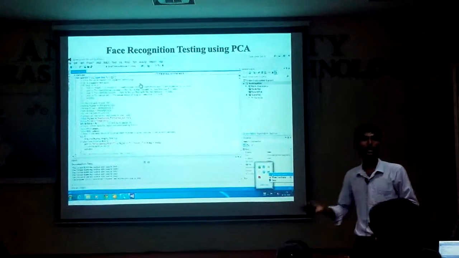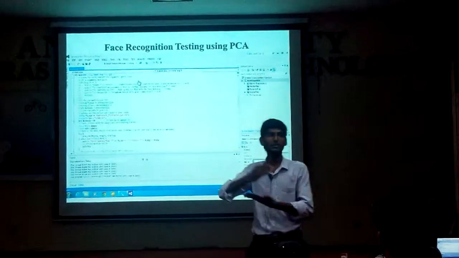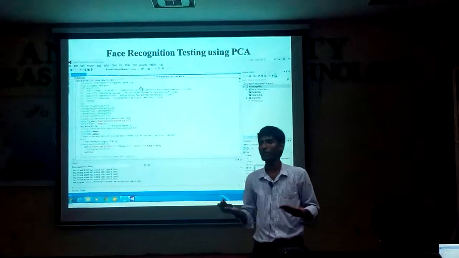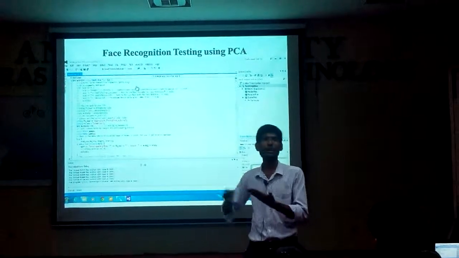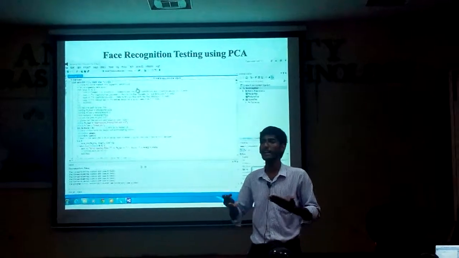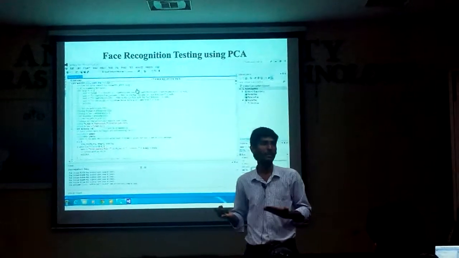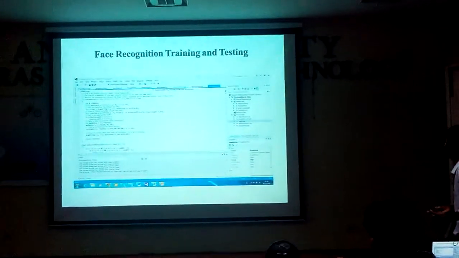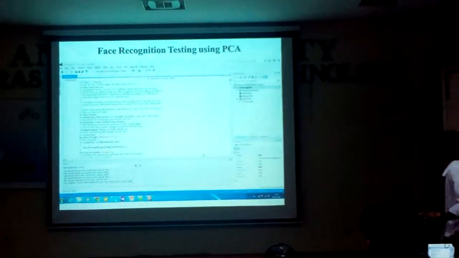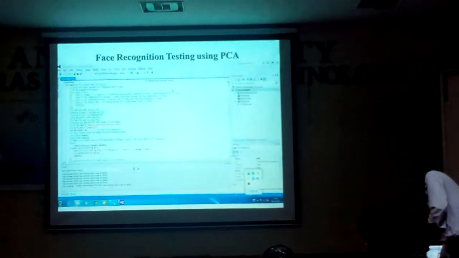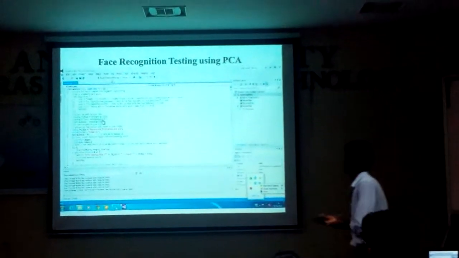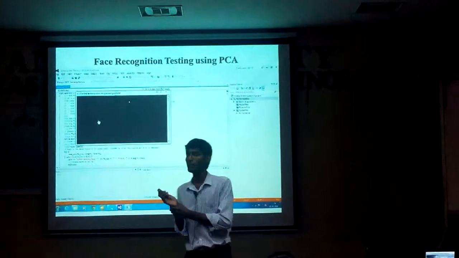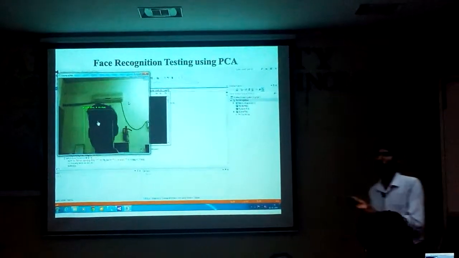Because I have not collected the false positives from my own area. In whichever area I have tested, I have not collected the negative images. I have only collected the default data set, that is the AT&T. So I collected that data set and started training. This I have tested with 20 principal components. I have reduced the number of principal components and I am getting the same accuracy.